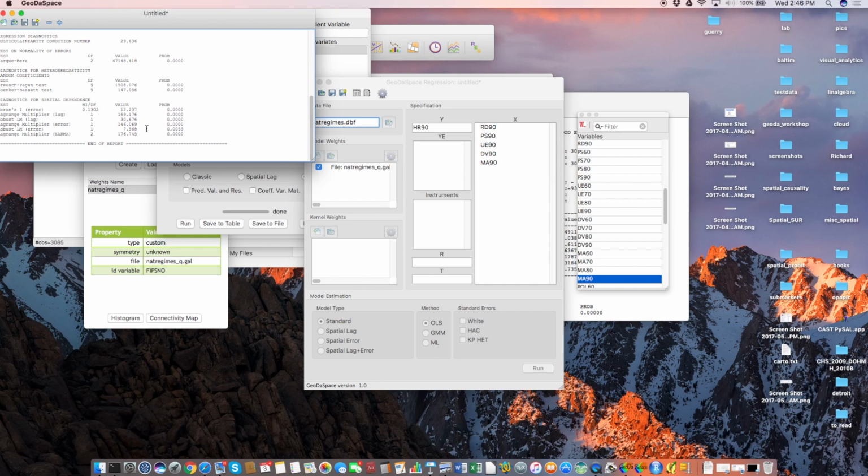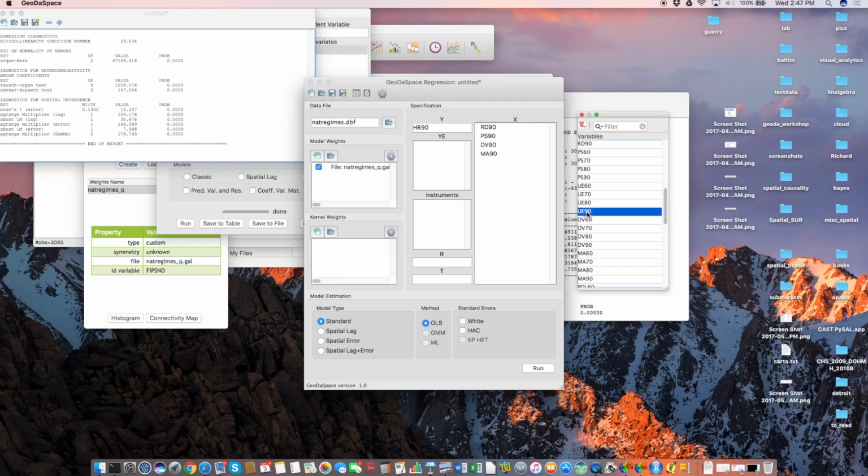Now let me show you the two-stage least square situation, which you cannot do in GeoDa yet. So unemployment rate, let's say that's endogenous. So instead of having it there, we move it over to the Y endogenous box. And you can have multiple endogenous variables in here. The spatially lag-dependent variable does not count. It's automatically dealt with as endogenous, so you don't have to specify that. But if you have another one, you need to specify it. And then, of course, you need instruments. And our instruments are here, the Gini coefficient, then female-headed households, and this one here. So you see the standard switches to GMM, which is really two-stage least squares. And we run this,